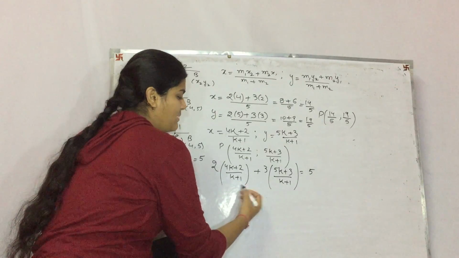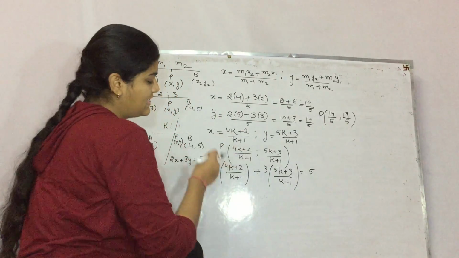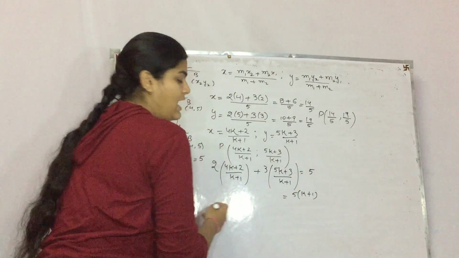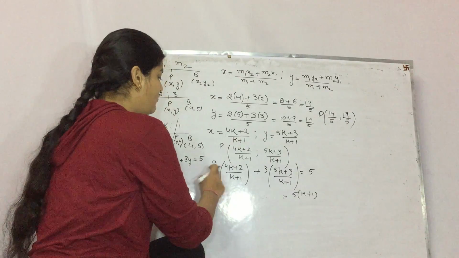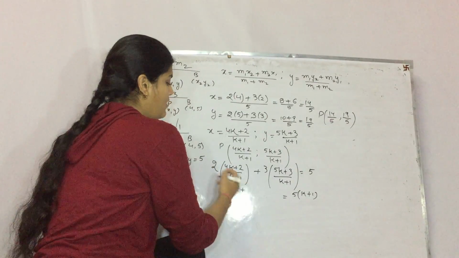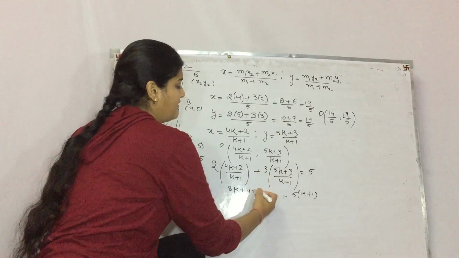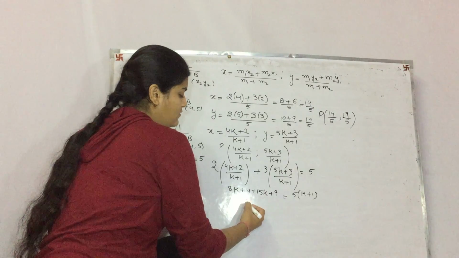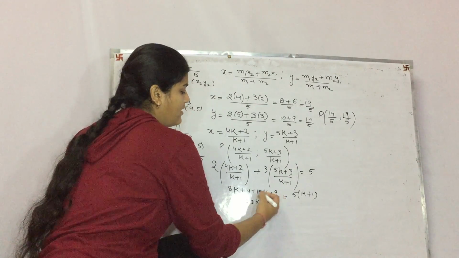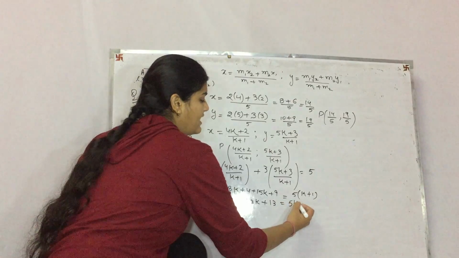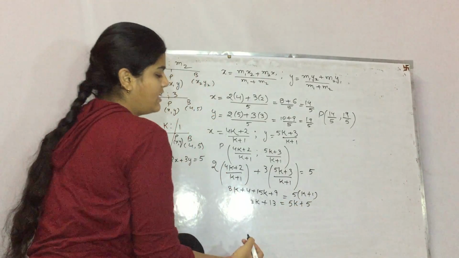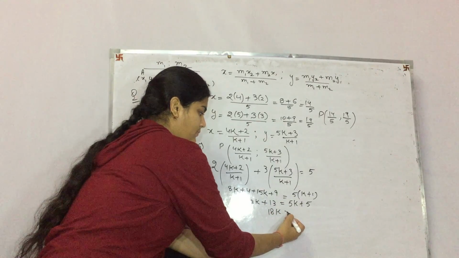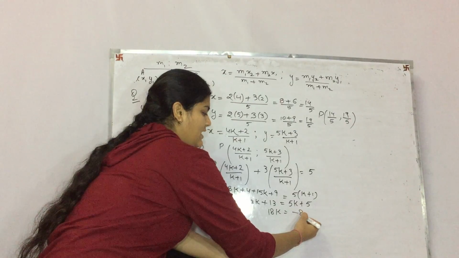Alright. Now evaluate it. After taking the LCM as k plus 1 and taking it to the RHS, it will become 5 into (k plus 1). And solve the LHS value. 4 twos are 8k, 2 twos are 4, 5 threes are 15k, 3 threes are 9. 8 and 15, 23k, 9 and 4, 13, 5k, 5 ones are 5. It will become 23 minus 5, that means 18k, and 13 minus 5, that means 8.